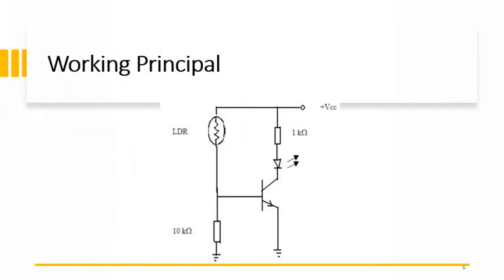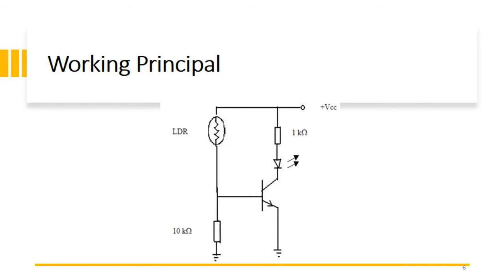Let us see how this LDR works. This resistor works on the principle of photoconductivity. It is nothing but when the light falls on this surface, then the material conductivity increases, and the electrons in the valence band of the device are excited to the conduction band. The photons in the incident light must have energy greater than the band gap of the semiconductor material. This makes the electrons jump from the valence band to the conduction band.